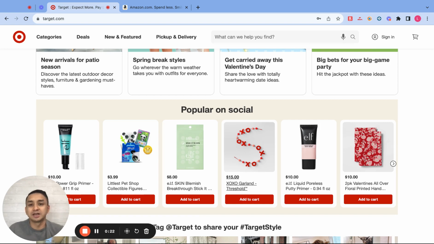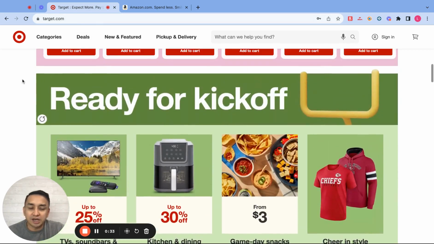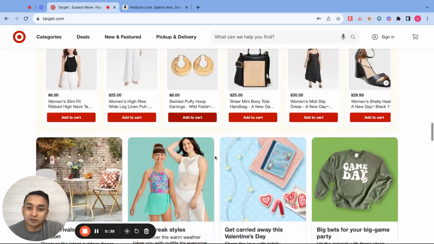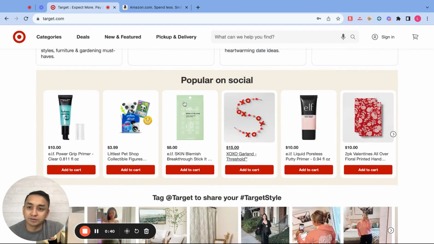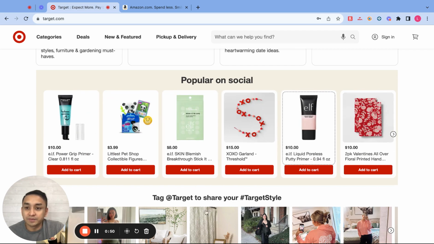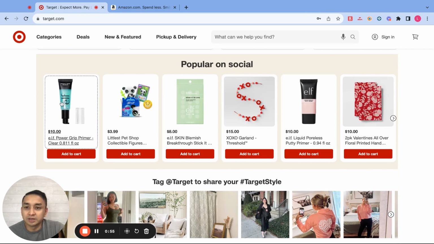So yeah, how to source on Target.com for your FBA business. So first, you start with going to Target.com, right? And then there's many products out here, so I would literally just go to the first page and I would start with products that you're familiar with. So, I mean, these ones I'm pretty familiar with, and they're also popular in social media apparently. So these might be good products to start with. So I would pick this one right here,